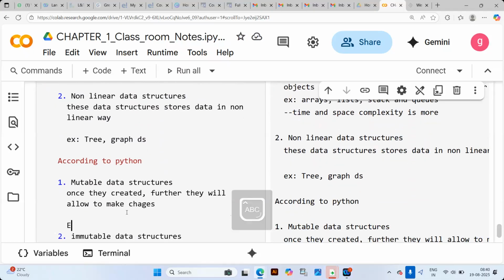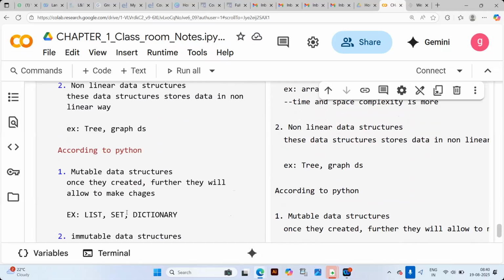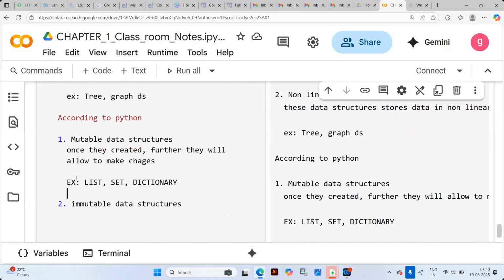Such data structures are list, set, and dictionary. Once created, they can be modified further. We can add, append, and remove; all the operations can be performed on top of these data structures.